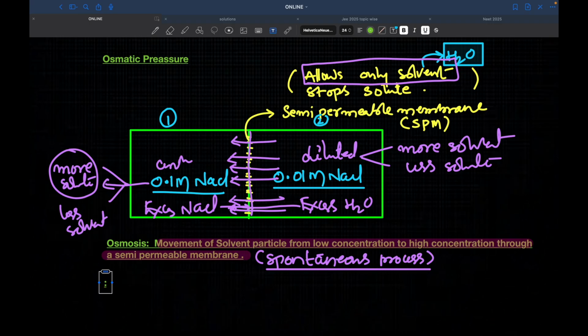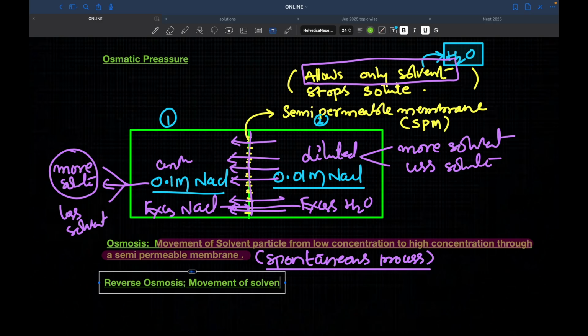So we will define it like this: reverse osmosis is movement of solvent particles from high concentration to low